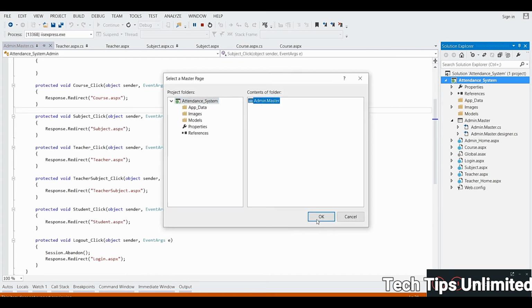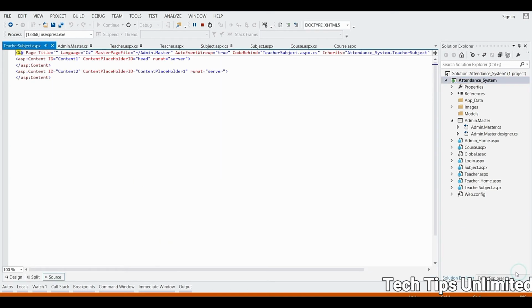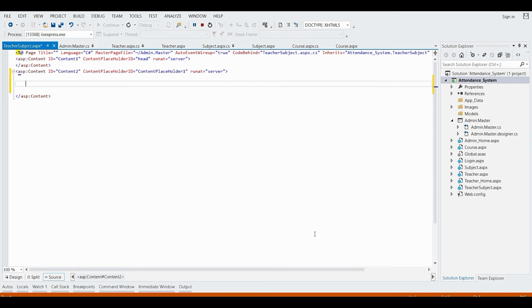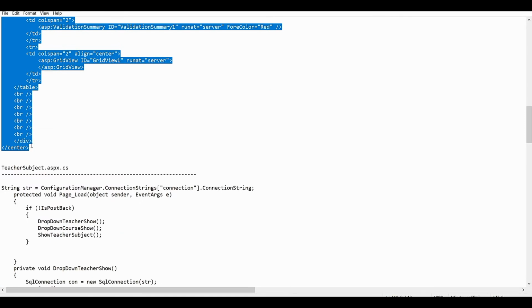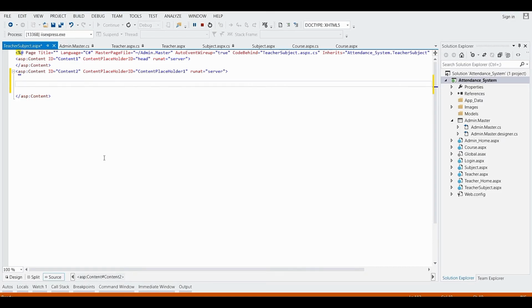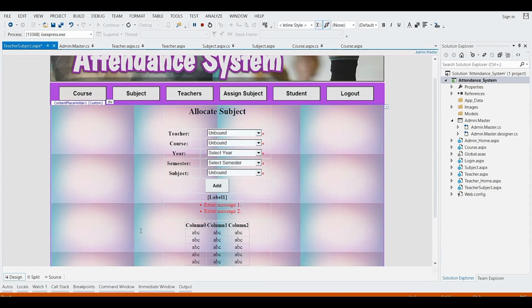Select the master page. Okay. This is how our page looks.